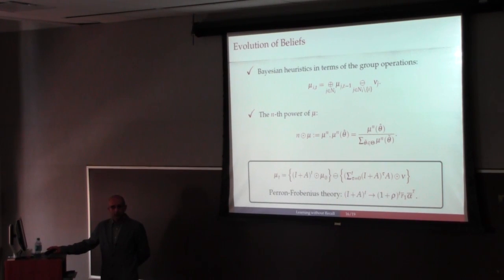We just need to apply the Perron-Frobenius theory to this non-negative matrix, that is the identity plus the adjacency matrix of the network. Asymptotically, as time goes to infinity, the powers of a non-negative matrix would be dominated by its spectral radius, and would converge to a rank 1 matrix, that is the product of the left and right eigenvectors corresponding to the spectral radius. And asymptotic beliefs can be analyzed using these techniques.